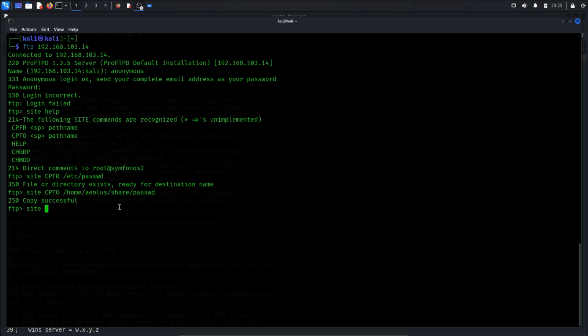We repeat the steps. Initiate the copy from the source by executing site cpfr /var/backups/shadow.back. Copy it to the target directory with site cpto /home/aeolus/share/shadow.back. This operation successfully made the file accessible. Now we have successfully copied two important files, passwd and shadow.back, to the